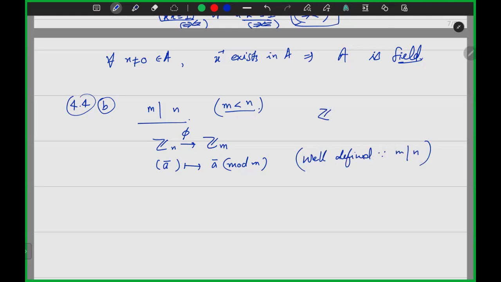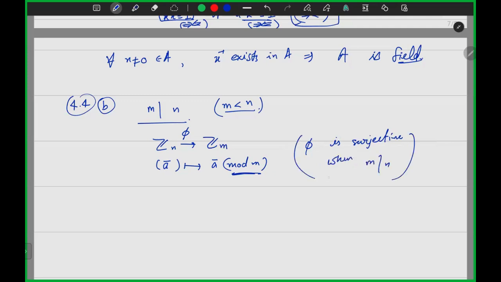For example, but anyway, this is always defined when you just take mod m from a. This is anyway a well defined map, but this is surjective when m divides n. Nice. So this map is well defined and it is surjective, but now we have to restrict this map in